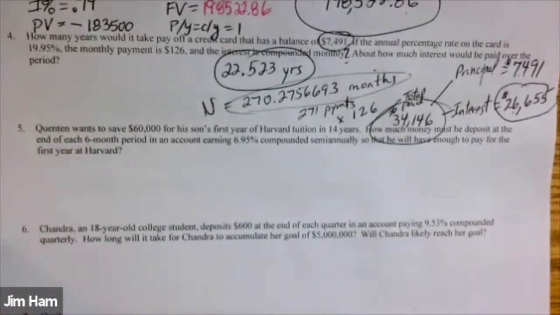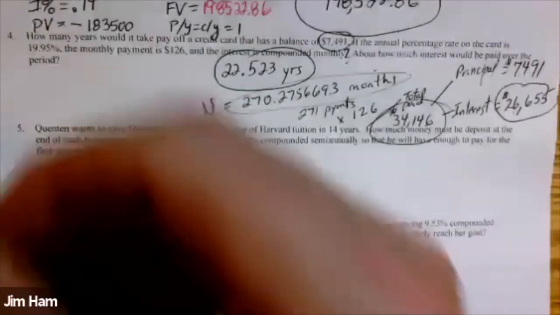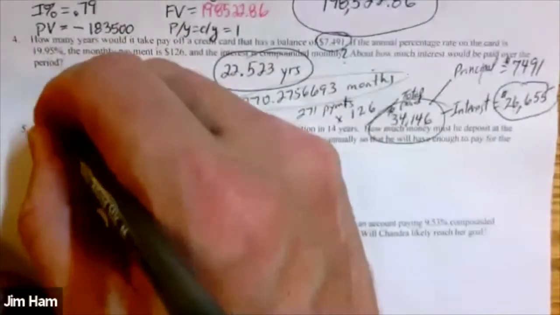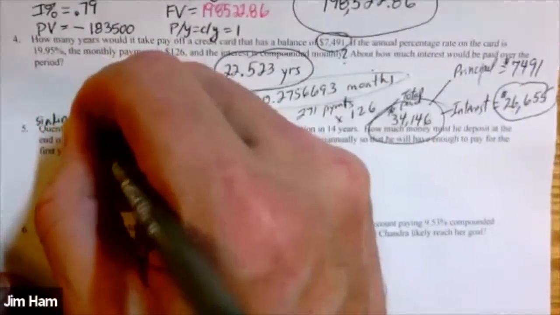So when you see that there's a suggestion here that regular payments are going to be made, then you know that this is an annuity. So you have to either use the present value annuity formula, where the payment is going to be non-zero, or you're going to use the future value. In this case, Quentin is taking out this money and he is investing it. This is called a sinking fund. And in the sinking fund, and this is one that students have difficulty with,